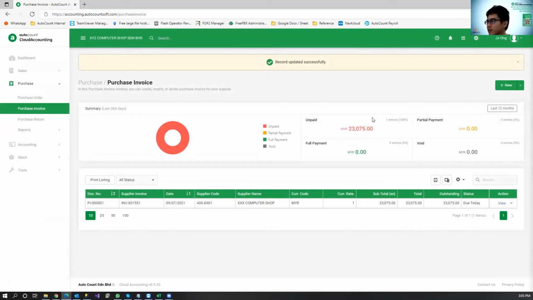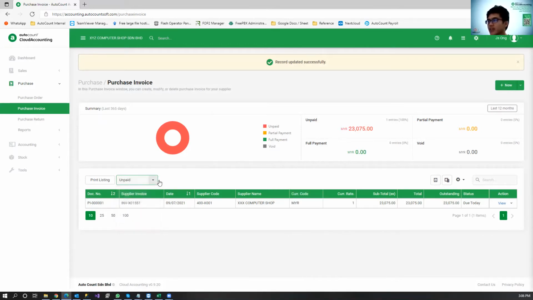So in here you can also see how many supplier invoices you haven't paid, you already paid, you already partially paid, or any that has been cancelled. Okay, there's a small summary over here. So when you have a lot of supplier invoices down here, you can even filter by status.